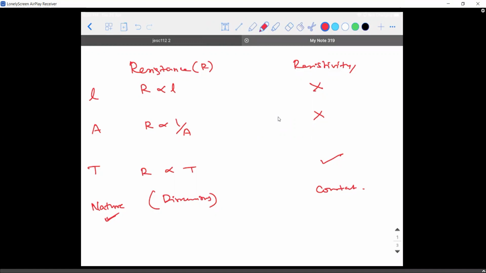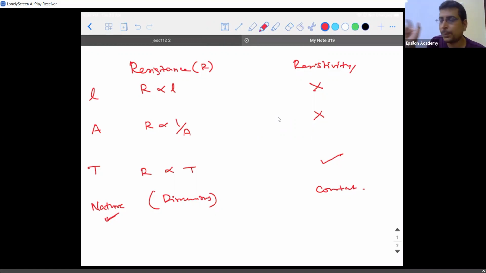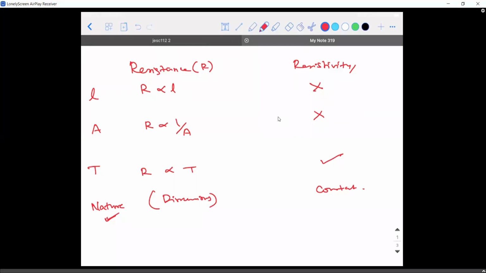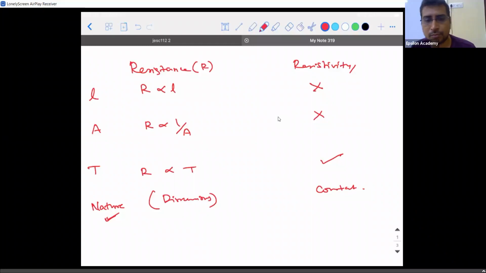That is why when you do the experiment, they say you should not switch on the device for a longer time. When you do for a longer time, the material will get heated up. For example, your mobile phone: you keep playing a game, you are putting too much load on it. What is going to happen? It will heat up, sir. It will get heated up. Same thing. Next, what about the nature?